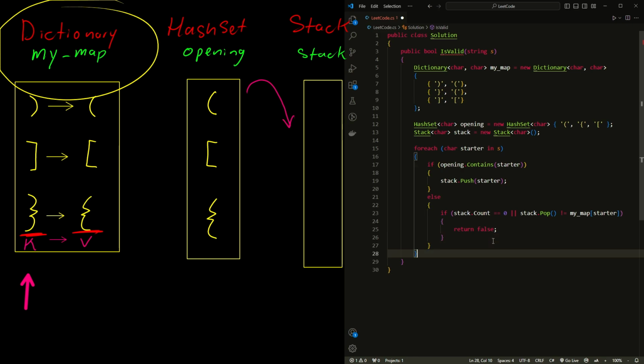Now, let's say we got past all this. Either the stack at the very end is going to be empty. If it's empty, then we have a valid string. But if there's something left over in the stack, remember, like in our example, then that means it's invalid. Now we want to return true if the stack is empty, or false if the stack is not empty. So return